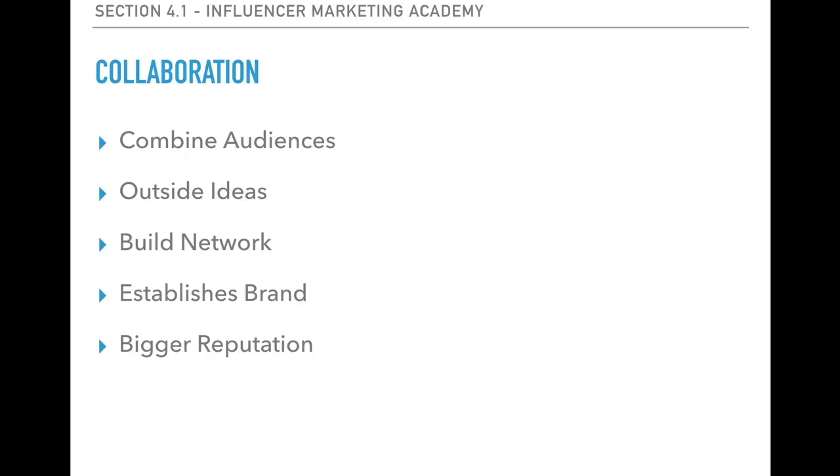So that is why I think collaboration and sponsorship are two very good growth hacks to use, but this is more on the advanced end of influencing and using social media marketing. So I hope you guys are making amazing progress through sections 1 through 3, and now you can reap the benefits of collaboration and sponsoring, which is a more established type of marketing.